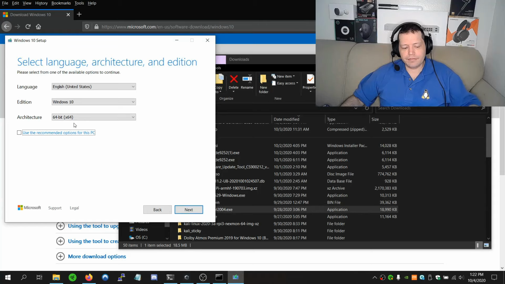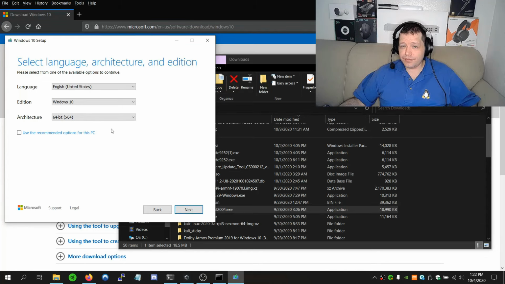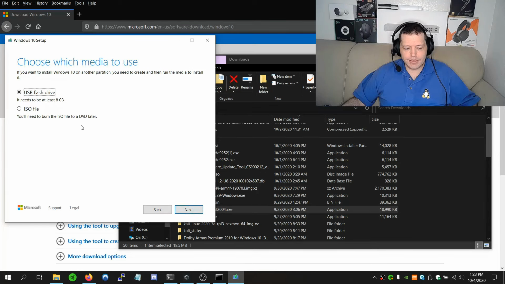So no. Then choose 64-bit, because unless you have 4 gigs of RAM or less, if you have an old computer like 2006 or before, like you're running Windows XP and you might have upgraded to 7, maybe you're on a 32-bit system, but most people will go 64-bit. Then hit next,